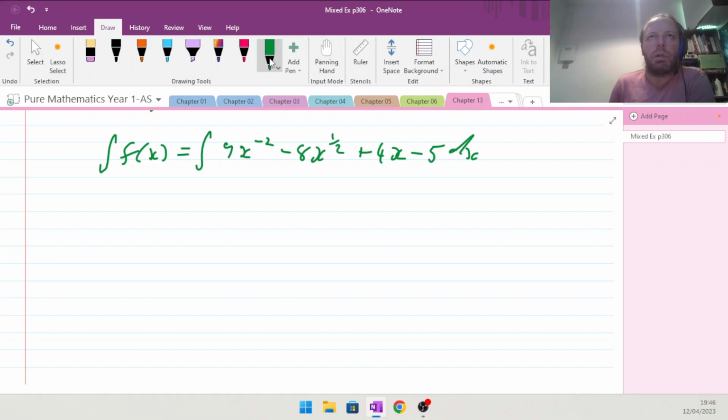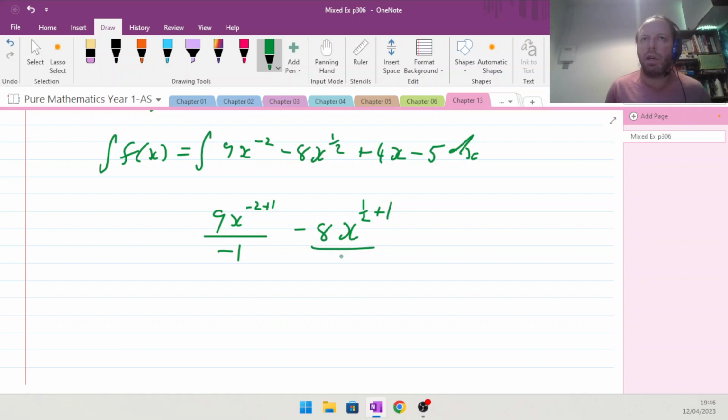What do we want to do? We want to increase the power by 1. So 9x to the minus 2 plus 1 over minus 2 plus 1, which is minus 1, minus 8x to the power of a half plus 1 over 3 over 2, plus 4x to the 1 plus 1 over 2, minus 5x plus c. Tidying that all up then, we end up with minus 9x to the minus 1,